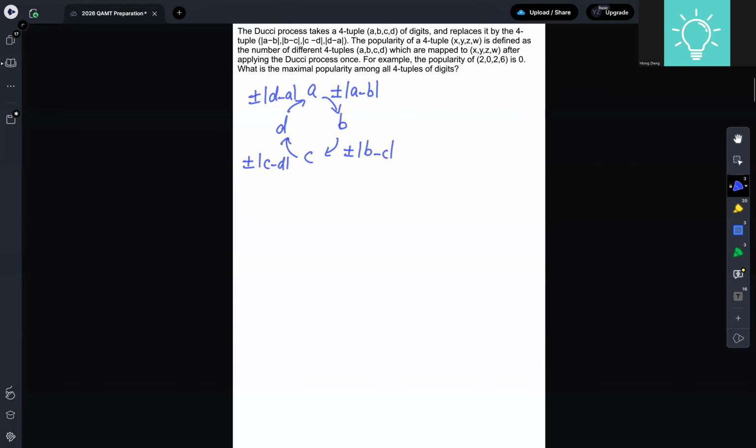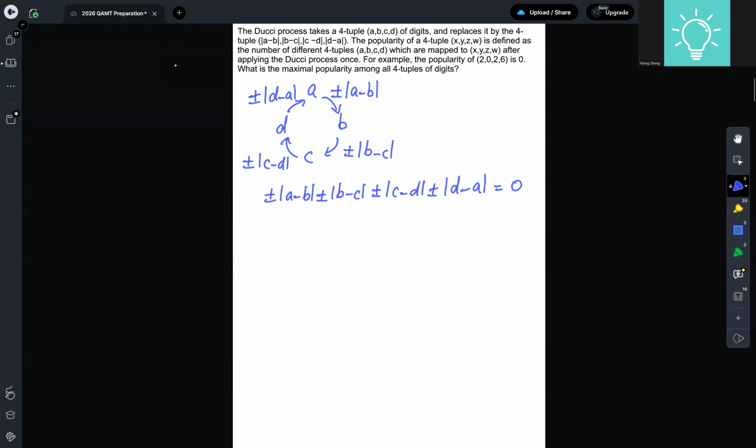So that means after taking plus and minus of some of these, we are getting back to where we are. So the sum is 0. That means out of these four numbers, the sum of the positive ones has to be equal to the sum of the negative ones. And when I say positive, negative, I mean the ones that I take plus and the ones that I take minus here. Okay.